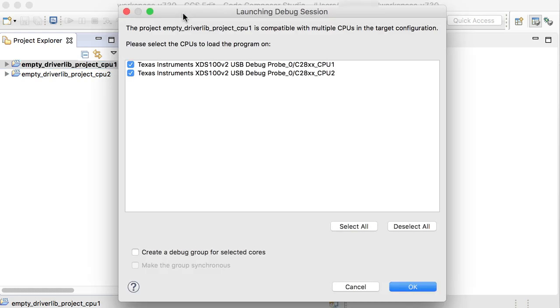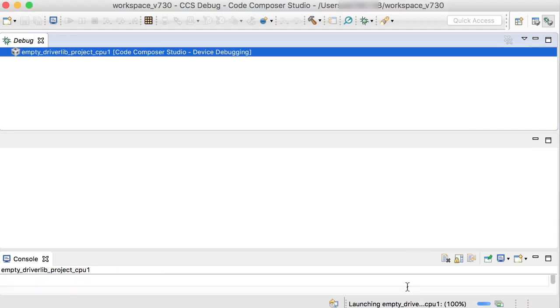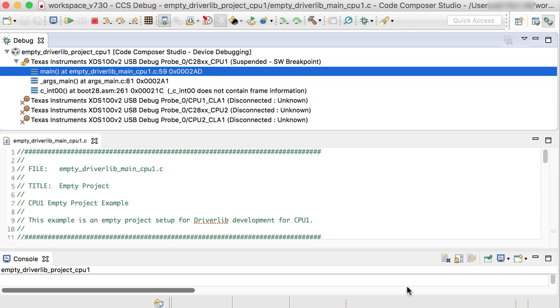The first time you do this, CCS will detect that you have multiple cores that the program could be loaded onto. It only does this if the cores are compatible with the program, which they are in my case. I'm going to select only the first core and click OK. Now the debugger will launch, and as part of this, it will create a debug configuration. I'm going to exit the debugger,